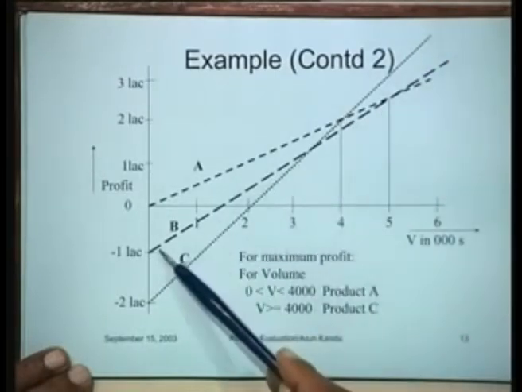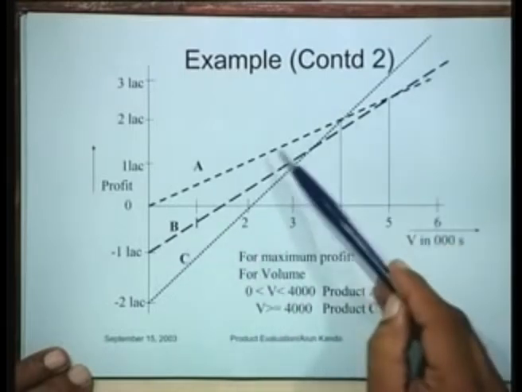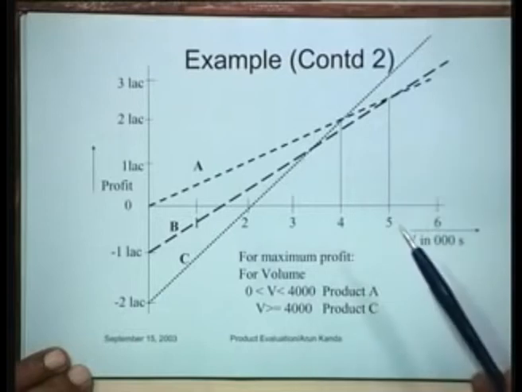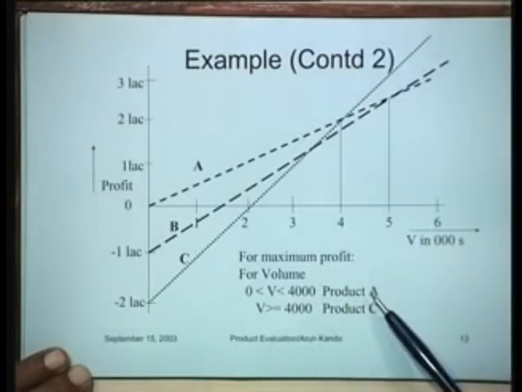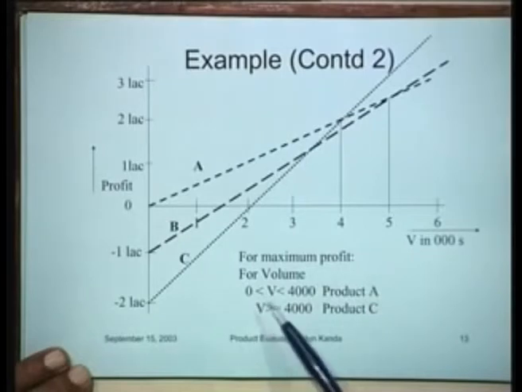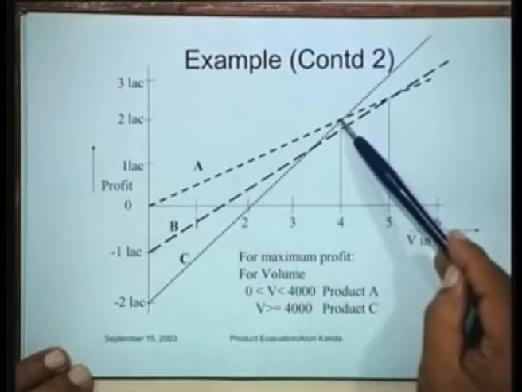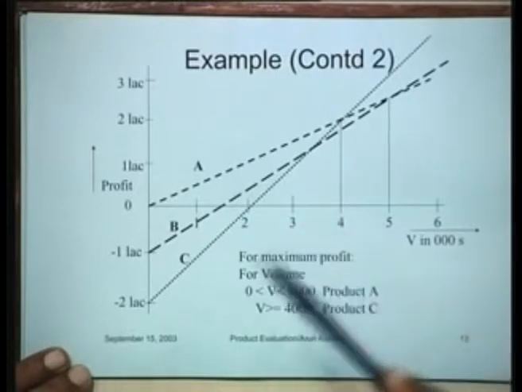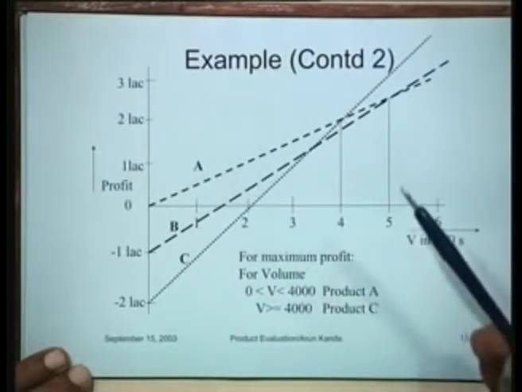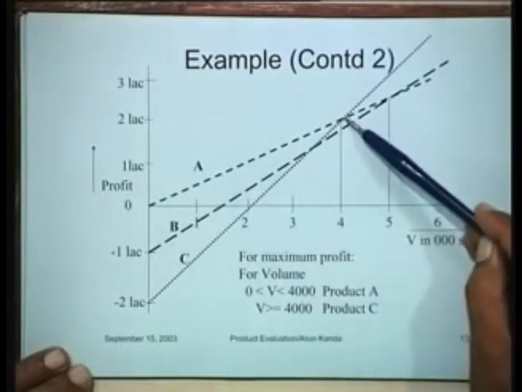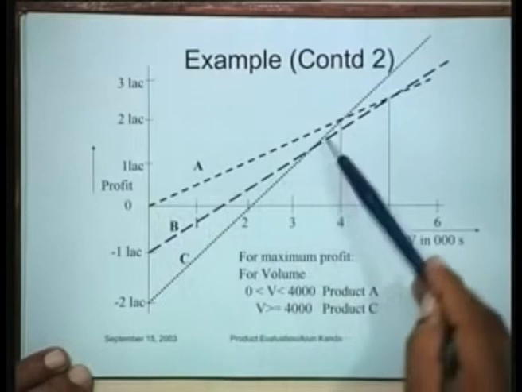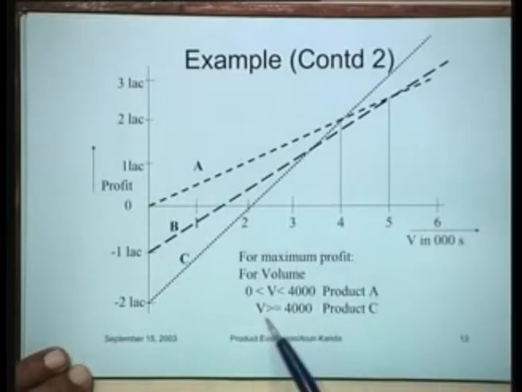And as far as product B is concerned, it is being dominated by either A or C, as the case may be. So our situation is that product A will yield a maximum profit if we go up to 4,000. Yes, we'll address your question after I finish, I'll show you the second chart. Maybe your question will be answered there. And then beyond 4,000, A is the best option if you are in this range, and C is the best option if you are in this range. Obviously, so this is the global